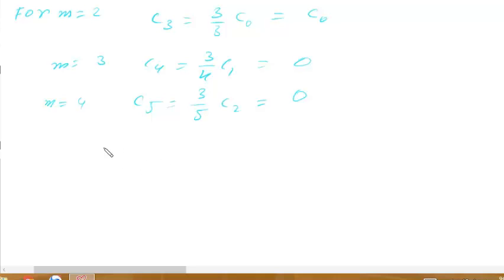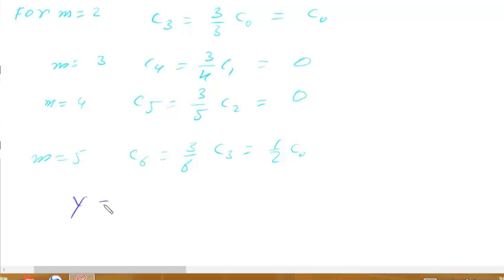And then for m is equal to 5, c6 is 3 divided by 6 c3. Then this is 1/2 c naught, we put the value of c3 as c naught. Then this is 1/2, this is cancelled with this, and so on. Then the solution,